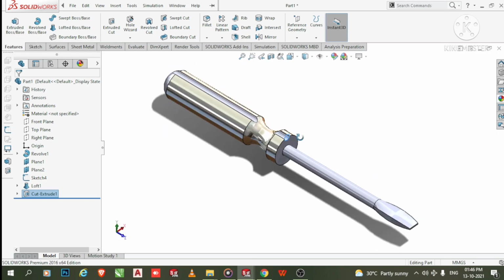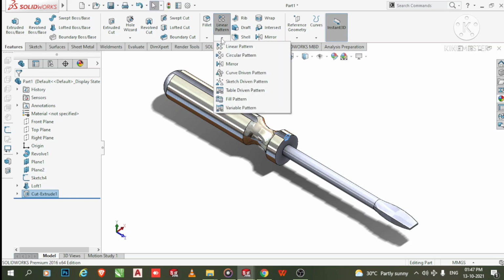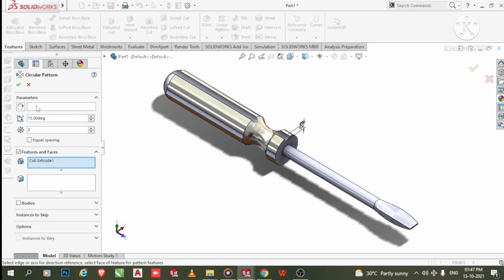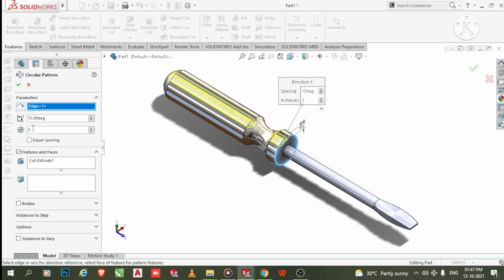And here we make the circular pattern to this sketch. So here we select pattern and select circular pattern and parameters. So it will also select this circular profile, and here we make the degree 360. So select equal spacing and here we need 6 number, okay.